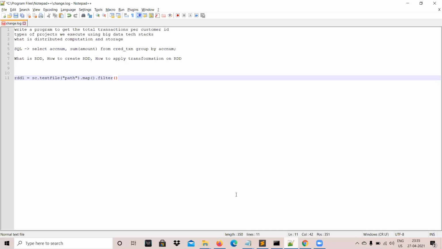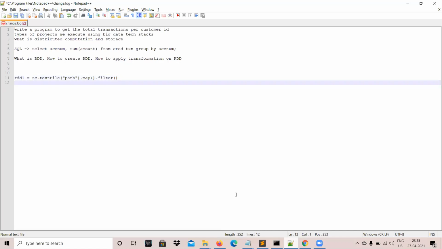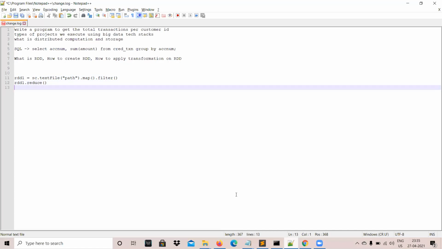Post that, in the next line you have mentioned, say RDD2 or RDD1 .reduce function, and then RDD1 .repartition .map .collect.